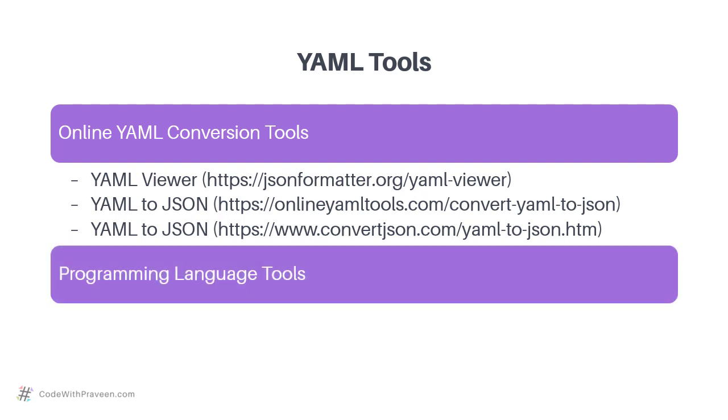The next category refers to the set of tools that you can use when you are working with a specific language. What this means is that if you are going to work with languages such as C#, Python, Java and so on, then each of these languages has its own libraries. These libraries are going to work with the YAML language and make it easier for you to implement it in your specific language.